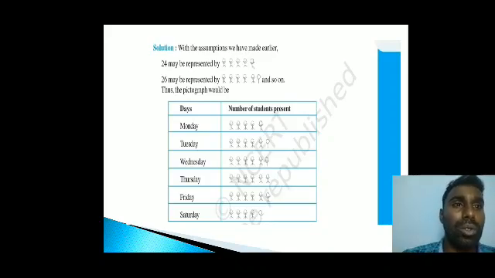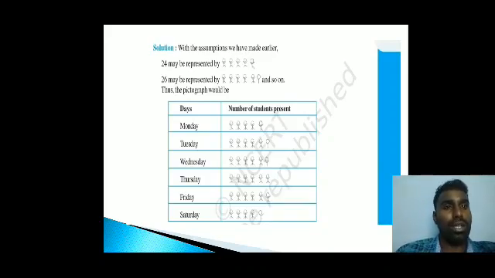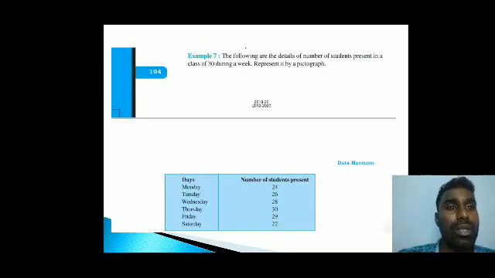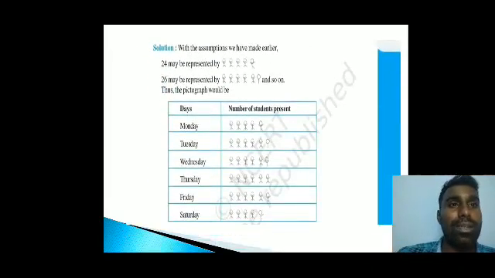You take one complete symbol, first one round, then a straight line, that is 1 2 3 4 5. This is how you have to calculate. And Tuesday, what is the Tuesday figure they gave? Tuesday 26 means one complete picture which represents 5, so 5 5 5 5 5 is 25, and then 1 makes 26.